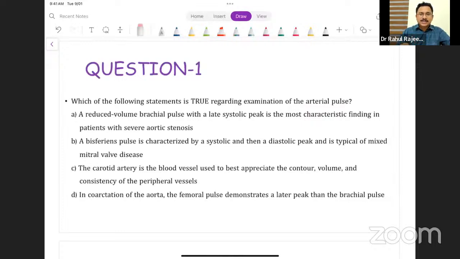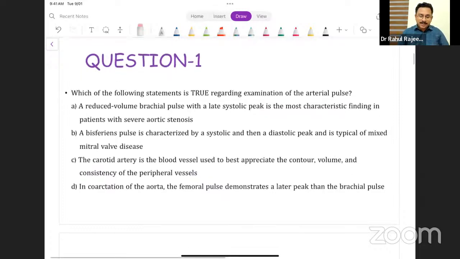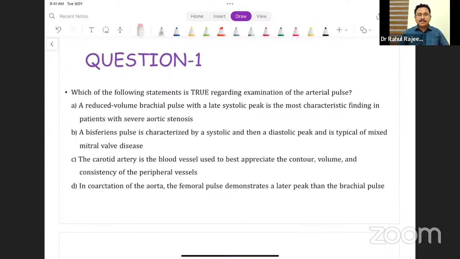In the discussion that is going to happen for the next 15 to 20 minutes, I'll be discussing only the salient points. This is not a test and discussion type of session where I'll be dissecting through each question. I'll only be telling you the salient points on why the option is the answer. Okay, let's start. First of all, regarding question number 1, which of the following statements is true regarding the